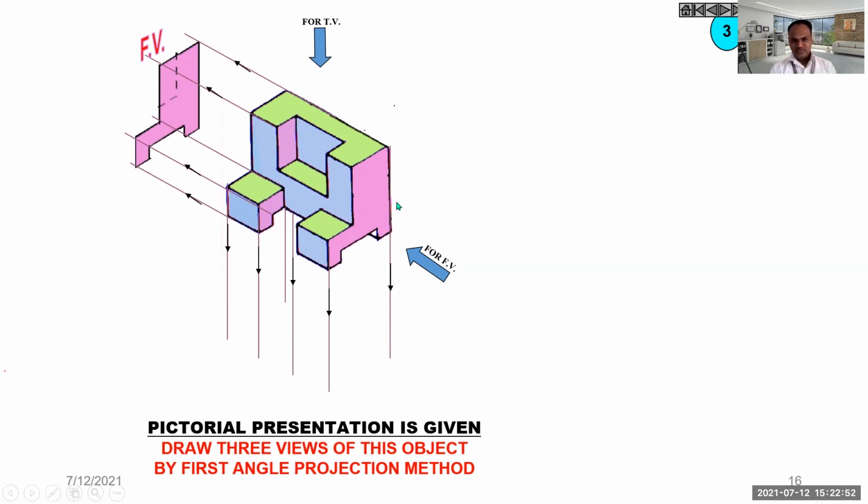Now this is the front view. You'll see the top view like this. There are lots of dotted lines. The edge which is invisible is to be shown in a dotted line. So this is your dotted line.